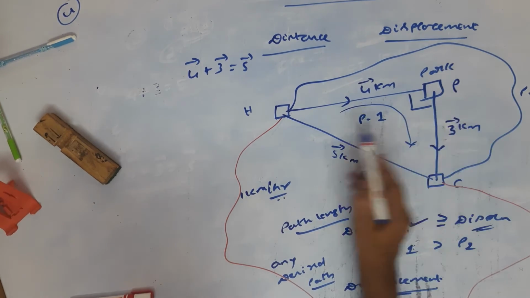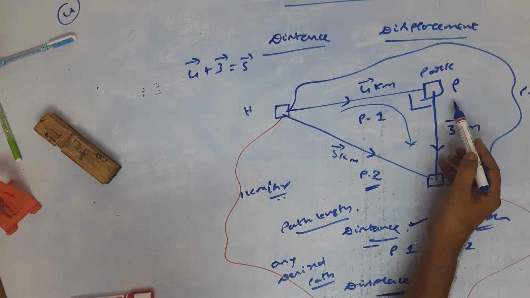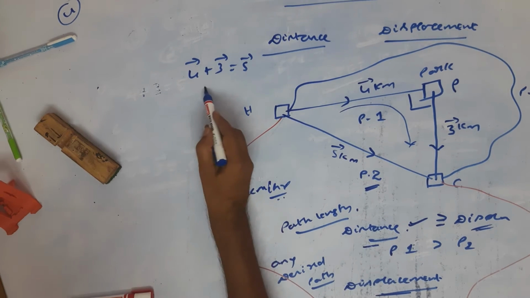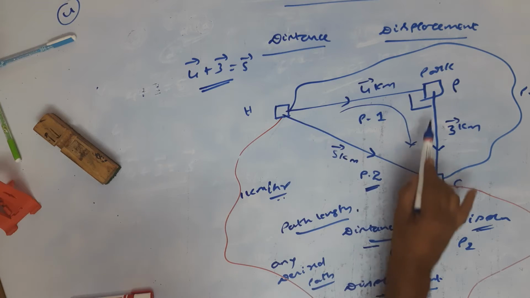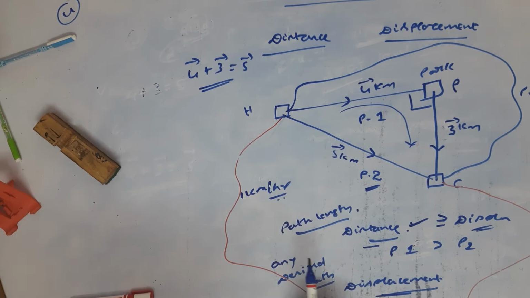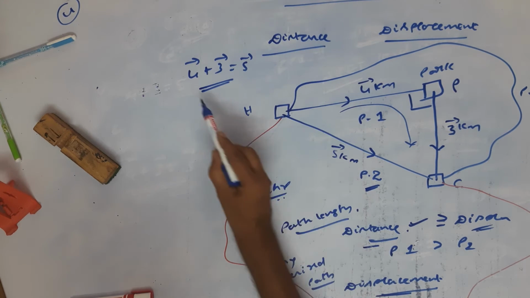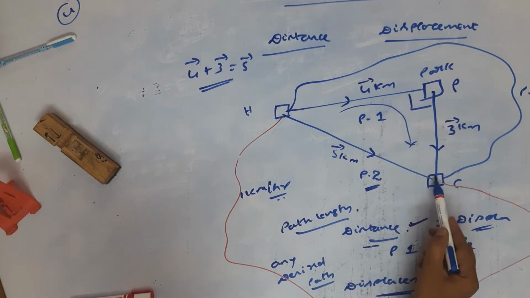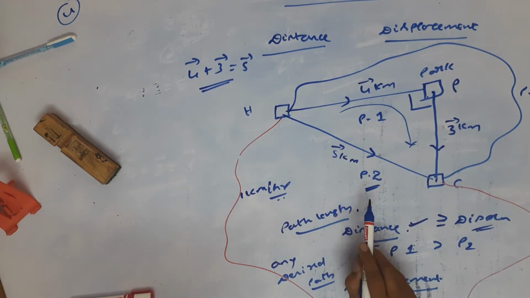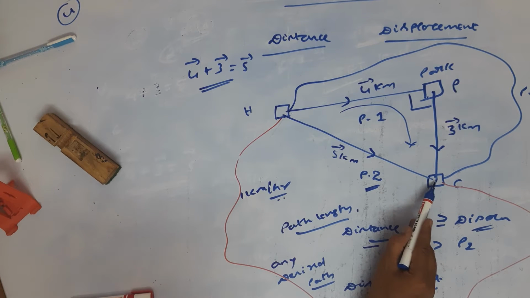Look here. You take HPC: H for home, P for park, C for college. The statement of the triangle of vector addition is like this. If any two vectors are represented by the two sides of a triangle, both in magnitude and direction, then the third side taken in the reverse order